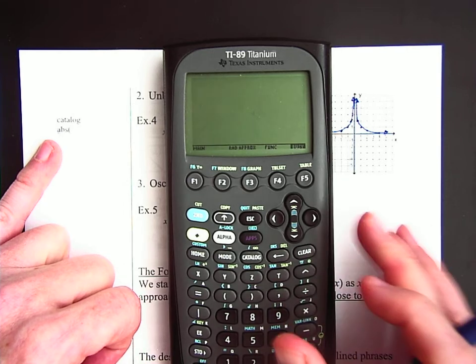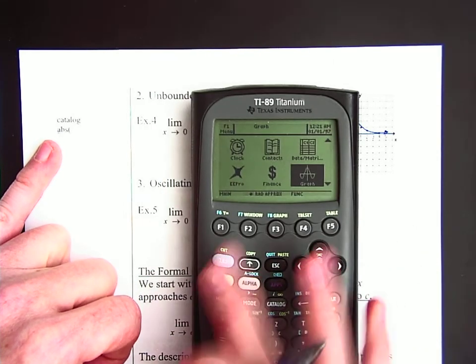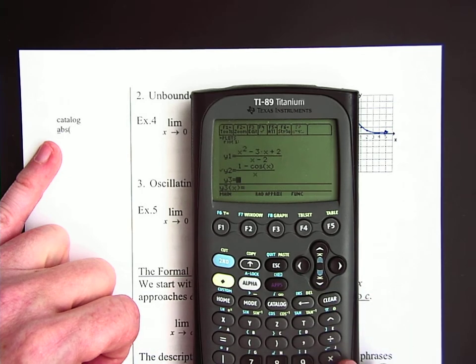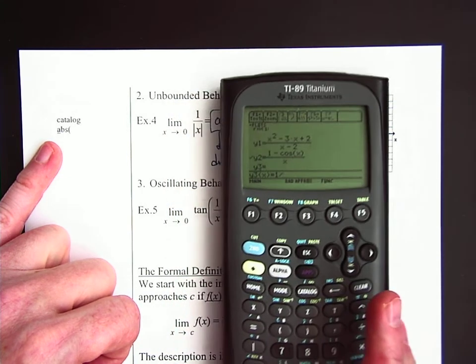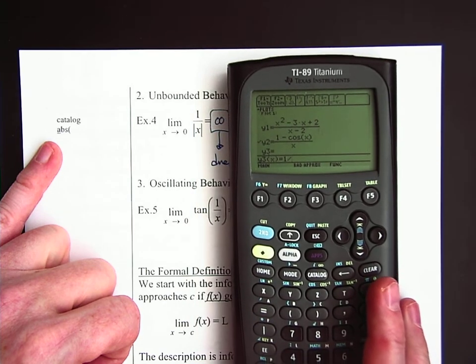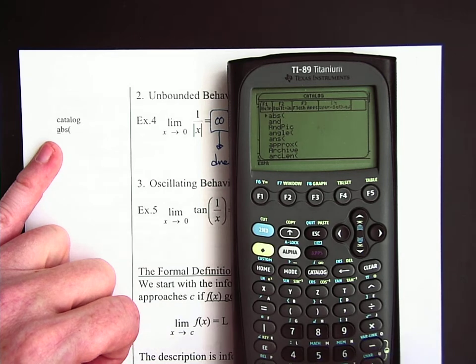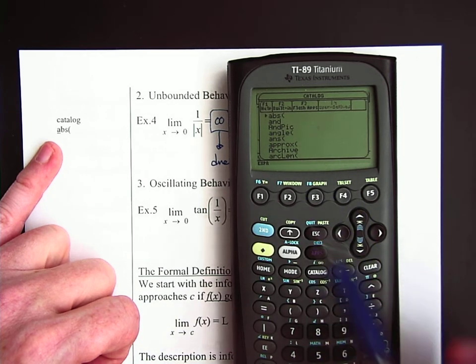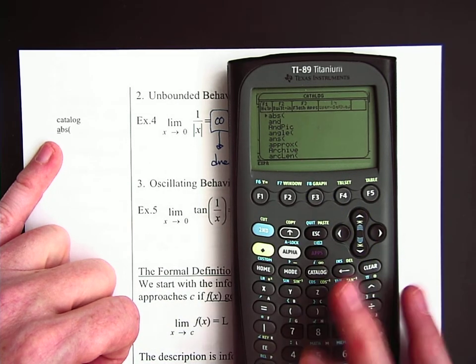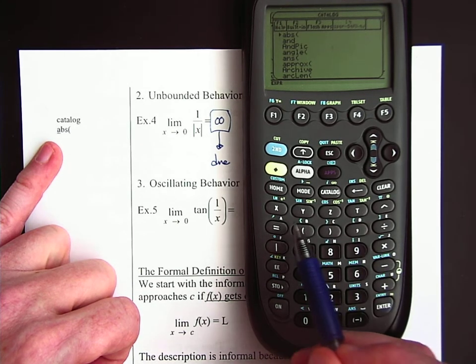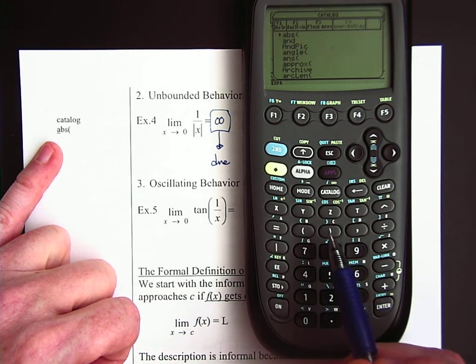So if we were graphing that, y equals 1 divided by, and now we want to put the absolute value of x. So what you can do is hit the catalog button right here, and you can see mine is at absolute value. Now if it's not at absolute value, if we type a letter, the letters are in silver here, except for x, y, z, and t, A, B, C. So let's say you wanted